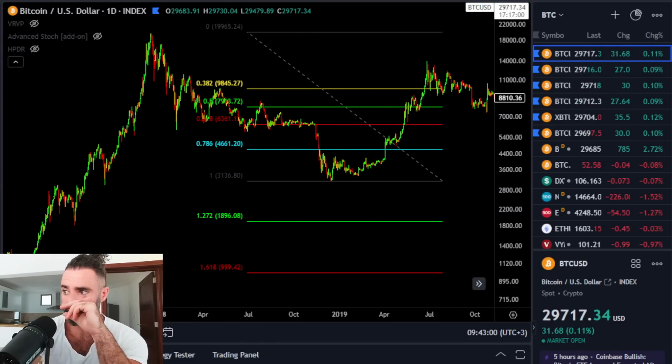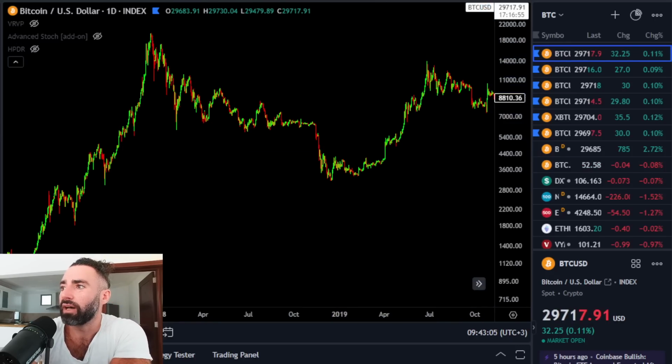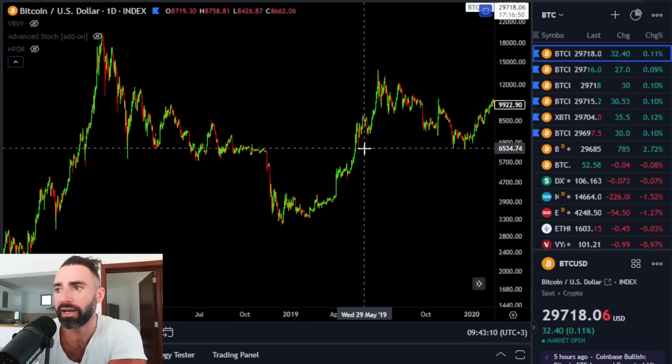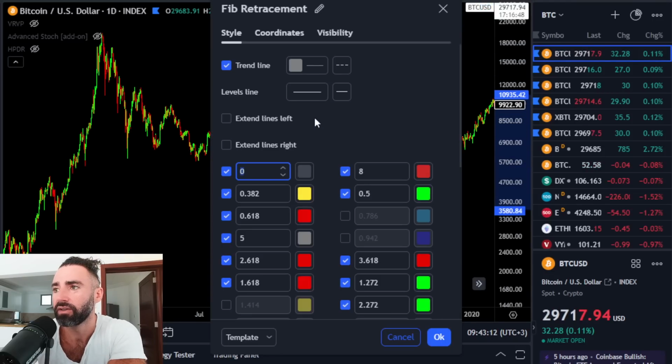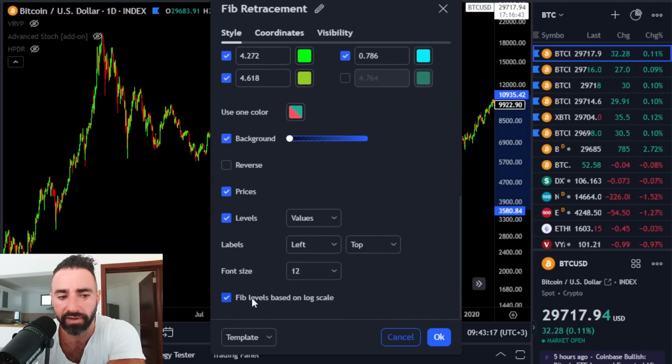So we've gone through that. Now, here's the thing. Many people ask, how do you actually draw this? Actually, before we get into how you draw it, I do want to talk about a particular setting for this. So if you double click onto it, then I want you to scroll all the way down here to fib levels based on log scale. I find that for Bitcoin specifically and most cryptos, because they move in such a large fashion, they move in X's rather than percentages compared to stocks, for example, this is actually the better way of doing things, especially